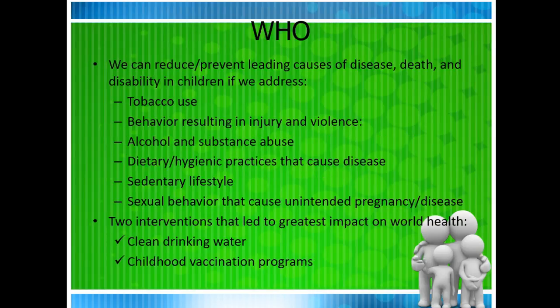When it comes to the World Health Organization, some of the things that we can do to reduce the leading causes of disease, this is probably, again, kind of repetitive when it comes to what you learned in community. But tobacco use is going to be one of the major things that we're going to address. It's going to be one of the leading causes of infant mortality, specifically in pregnancy. And behavior resulting from injury and violence, because again, unintentional injury is going to be our number one cause of death in pediatrics. And I mentioned that actually extends up to age 44. Motor vehicle accidents are going to be topping that as compared to any other injury.